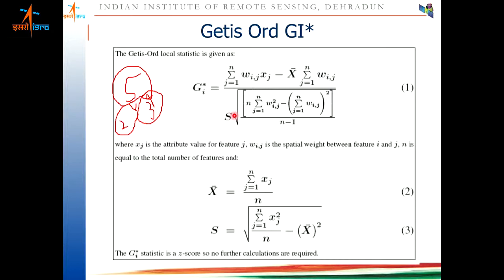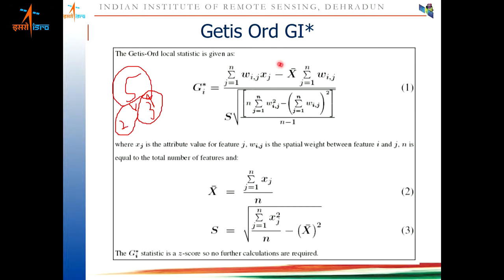So there are a few methods to find out the weights. One is the inverse distance method, where the weight will be equal to 1 by d, the distance between those two polygons. So if the distance between these two polygons is 5 meters, in that case the weight Wij will be 1 upon 5. There is another method, the fixed distance method. In that case, if you are assigning a fixed distance of 10 meters, whatever polygons are present within the 10-meter radius of this center polygon will be assigned weight 1, and the rest of the polygons will be assigned weight 0.